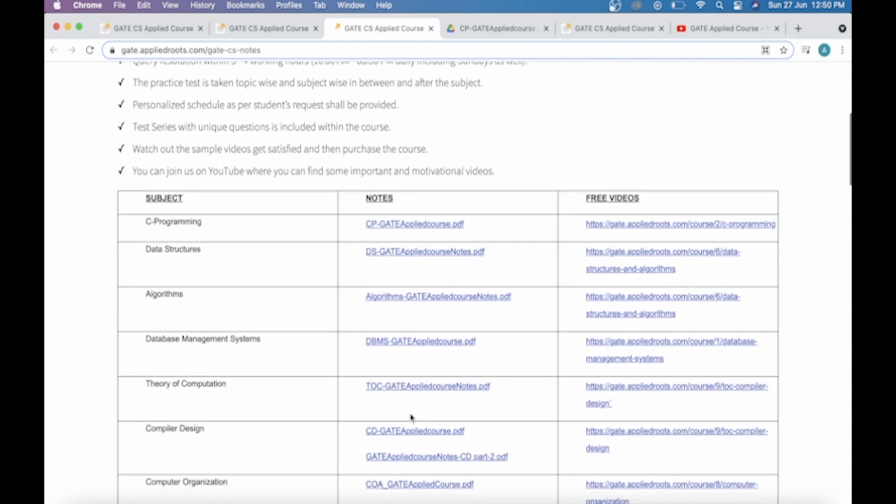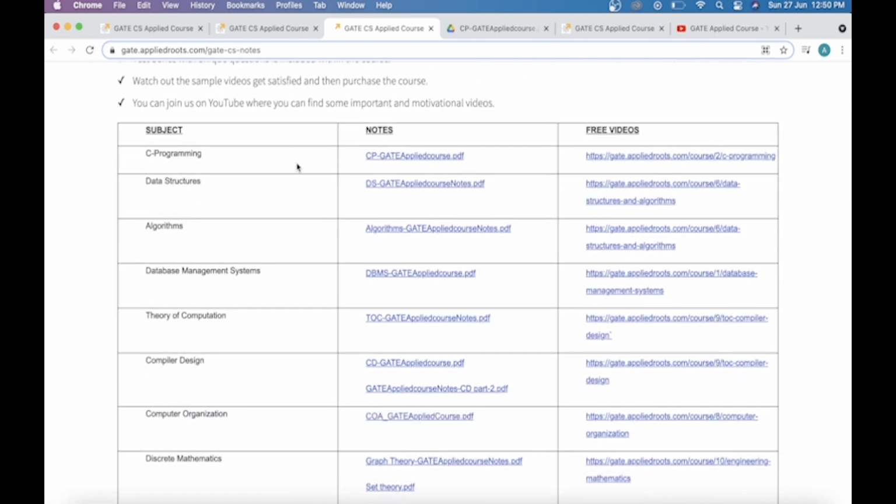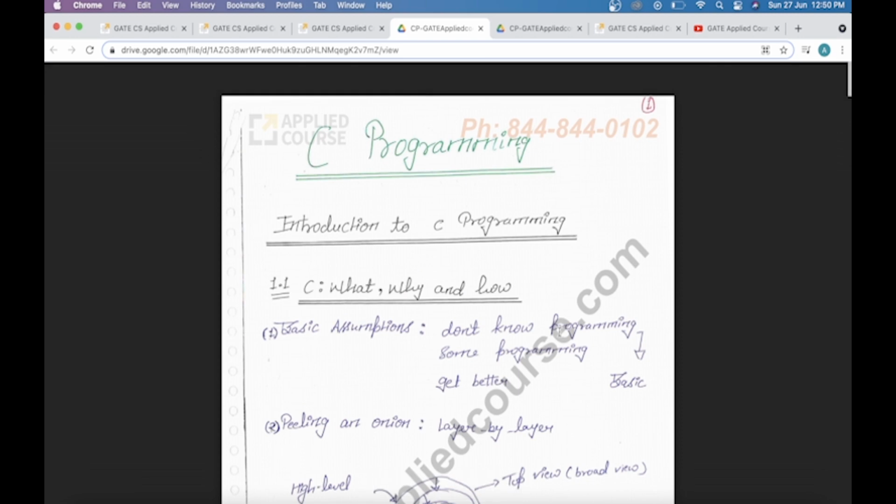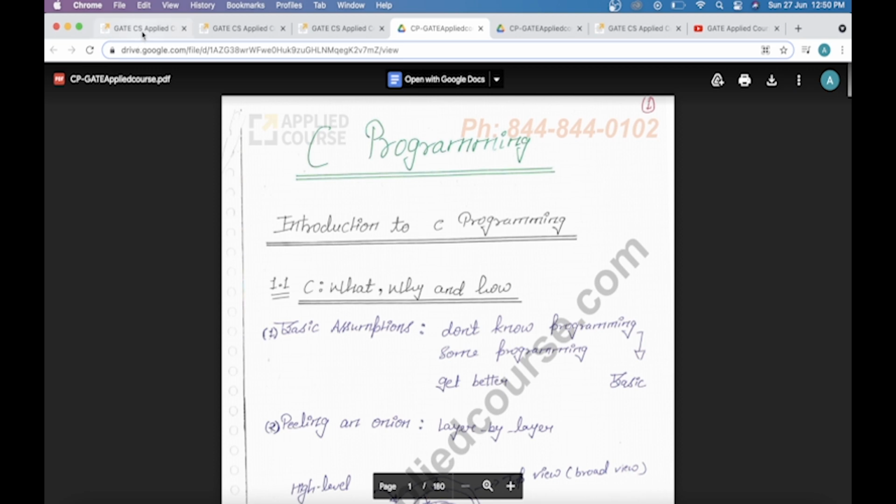So this page contains the list of all the subjects as well as their handwritten notes in the form of PDF. If you click on any of this, you can download this PDF and see for yourself whether these notes are sufficient enough for you or whether you would have to make your own notes.